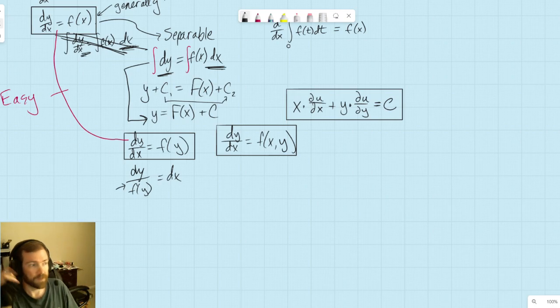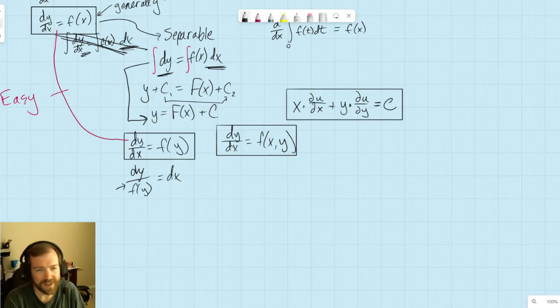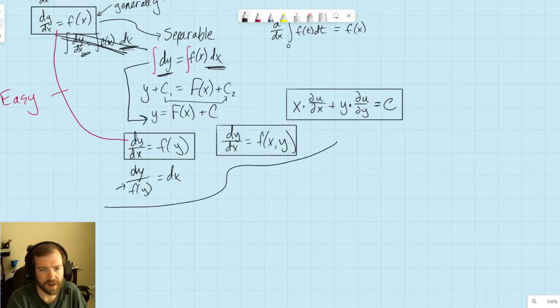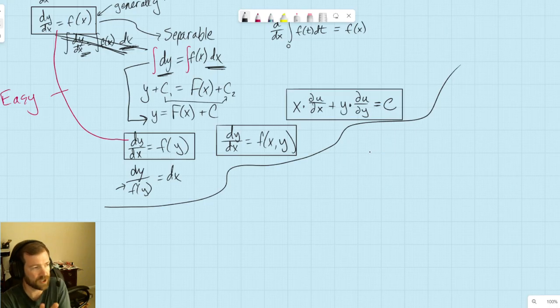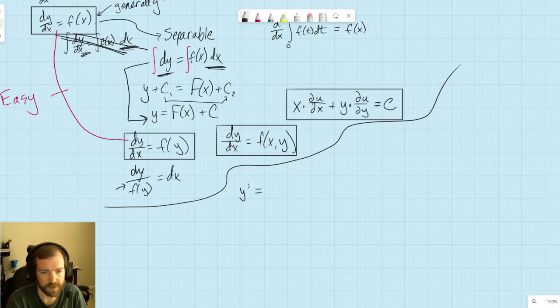Anyway, so, let's suggest that we have a differential equation that we cannot solve. So this is like y prime is equal to